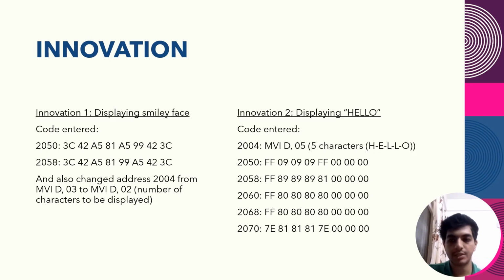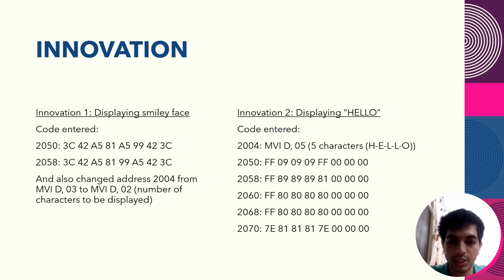And also I changed the address at 2004, as I had mentioned, from MVI D 03 to MVI D 02, which was 1603 initially to 1602, such that it changes the number of characters to be displayed. Similarly, the code for displaying hello, which was the second innovation part I had done, was that in 2004 I changed the 03 to 05 for accounting for 5 characters in hello,